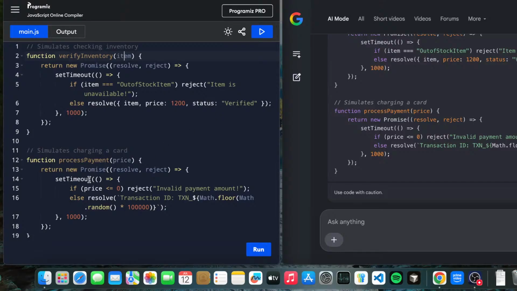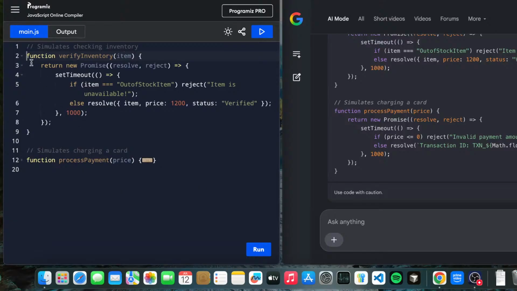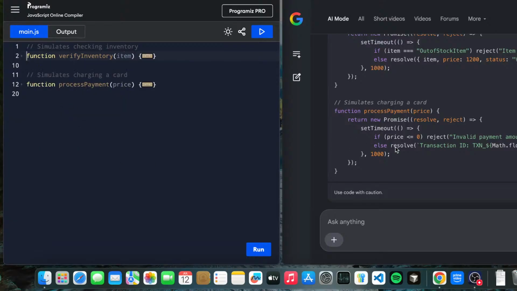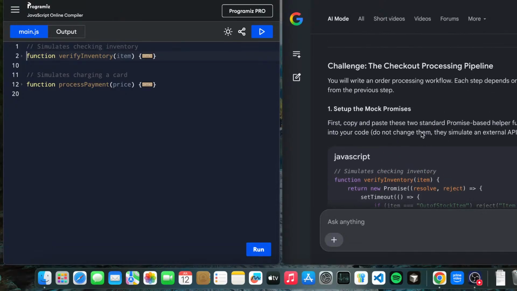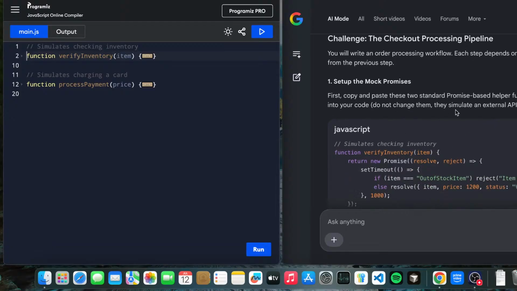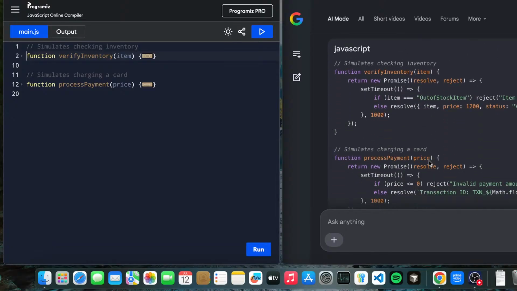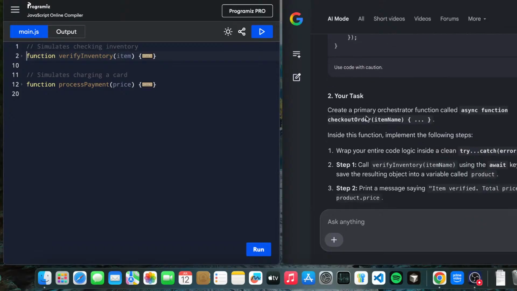After that we have process payment. If the payment price is less than or equal to 0, it gives invalid payment amount, or if it is proper, it resolves, the else will be executed, and we can expect the output as a transaction ID or payment successful, something like that. So we have two different types of promises. Let's move forward with what we have to do. Set up mock: first copy and paste the two standard functions. Do not change, this simulates an external API. Okay, got it. Your tasks: first create a primary